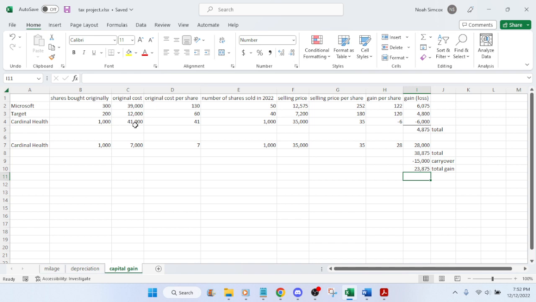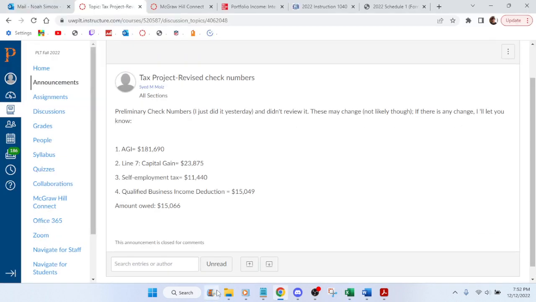But apparently the basis is actually not the fair market value. So therefore, if you consider that the basis is the original basis of $7,000, you end up with a total gain of $23,875. So anyways, now I have to go back to the other form